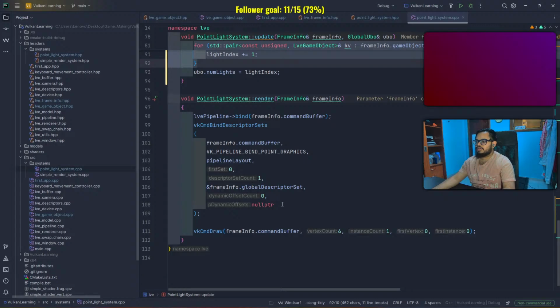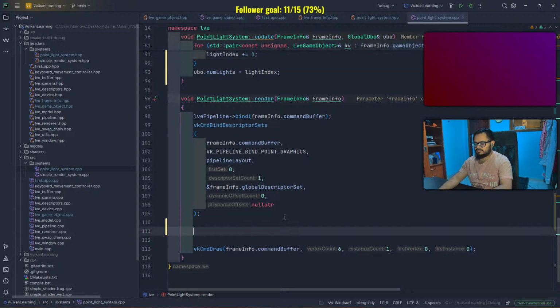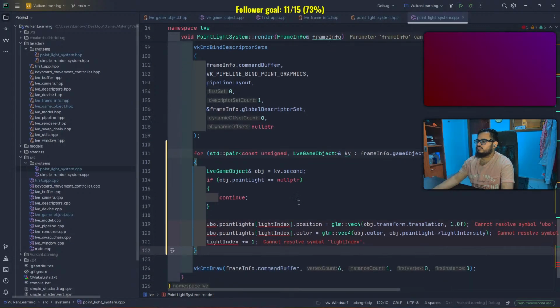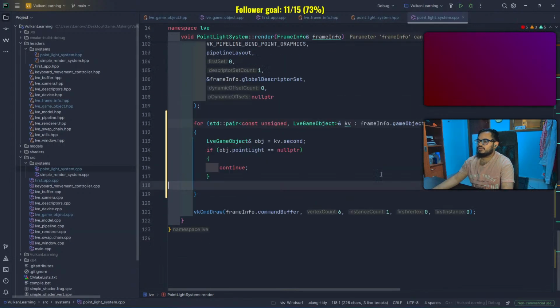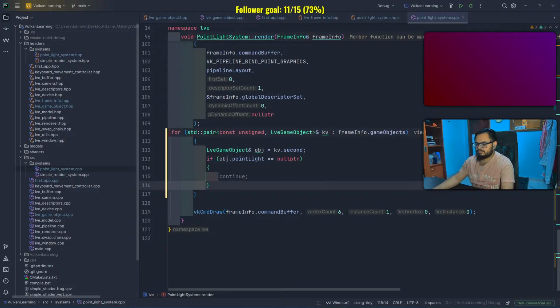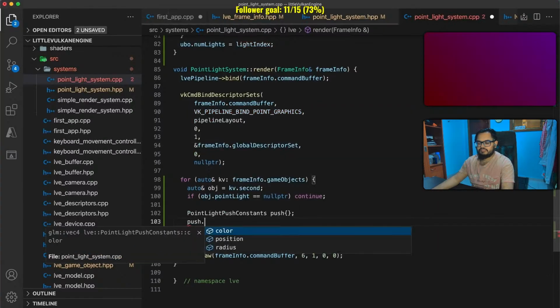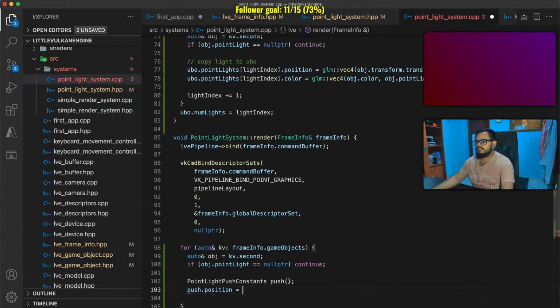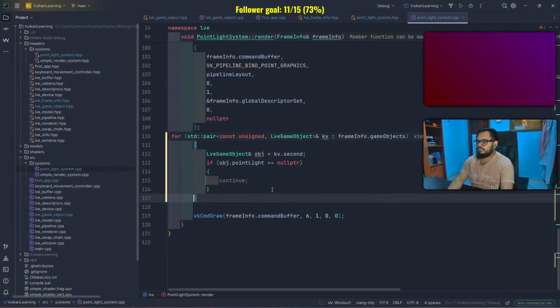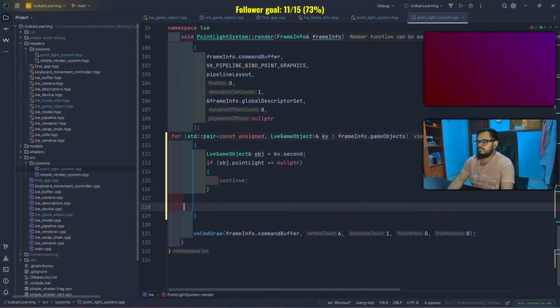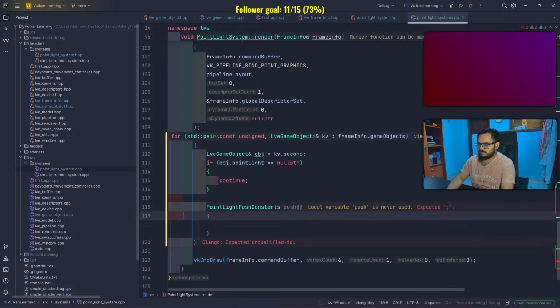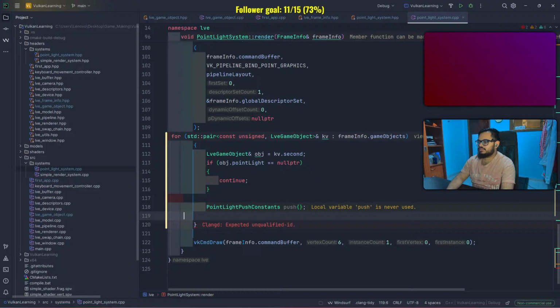Control C, render the lights. So that part can be deleted. We loop over each game object, skipping over any that does not meet the criteria for being a point light. This is of course kind of inefficient and something we'll address in a future tutorial. Next, we need to provide the point light push constant. Point light push constants, push, empty brackets, semicolon, push dot position,